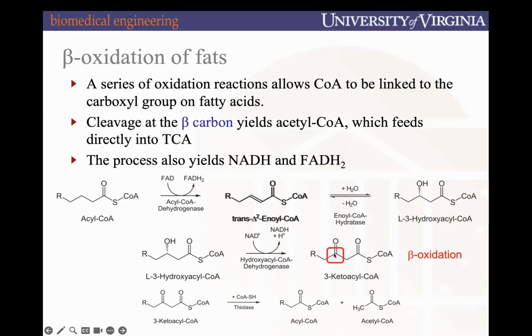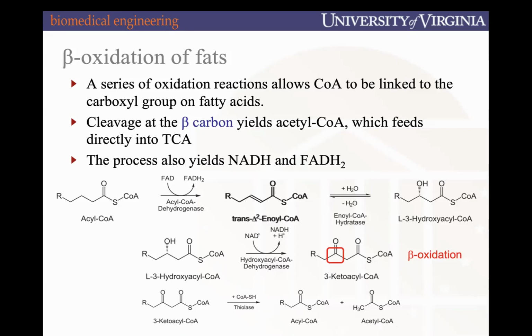So this beta oxidation event is really key, because from here we go from 3-keto-acyl-CoA back to acyl-CoA and acetyl-CoA. The emergence of acetyl-CoA will allow us to plug into the TCA cycle, and it helps generate another acyl-CoA species that can either be used to generate more lipids, or be metabolized again via beta oxidation